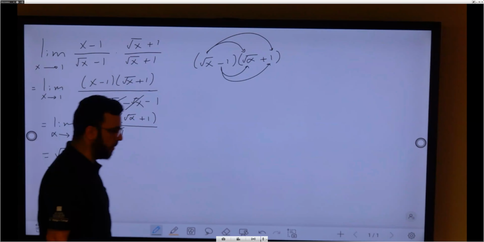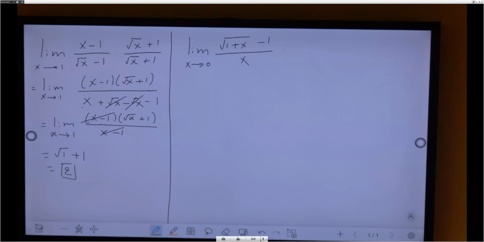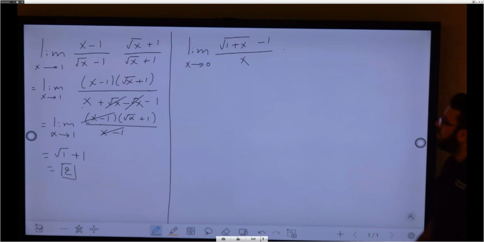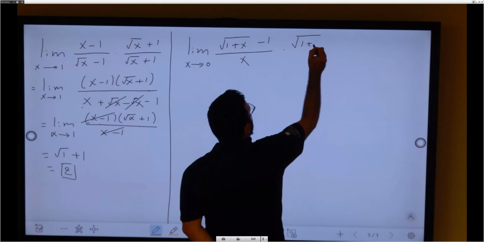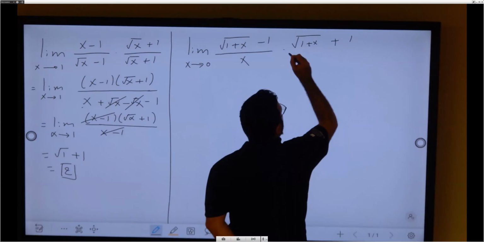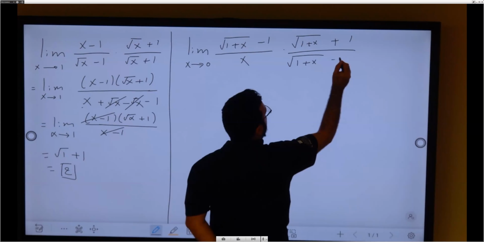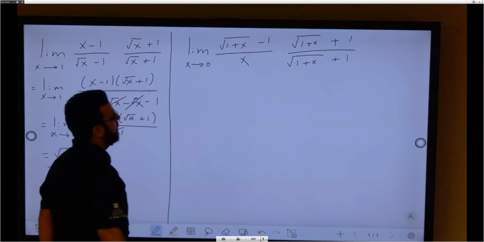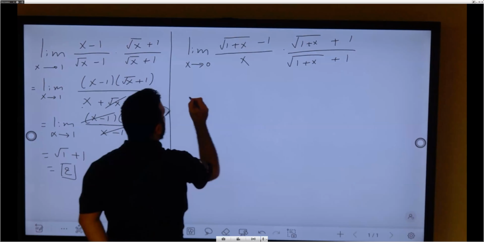I don't know. Is that easier when you evaluate? When you rationalize, sorry, then evaluate is going to be easy. We're going to multiply by square root of 1 plus x plus 1. Be careful here. You see on the top part, again, you have to